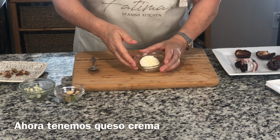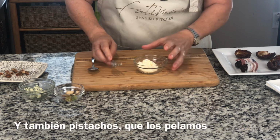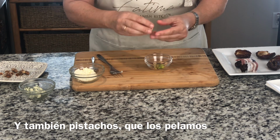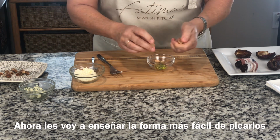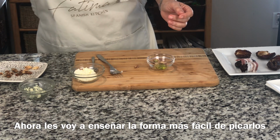I have cream cheese that is at room temperature, it's easier to work with. And here I have some pistachios. So you peel the pistachio, and that is sometimes more difficult than others. So how I told you, the easiest way that I have found to chop